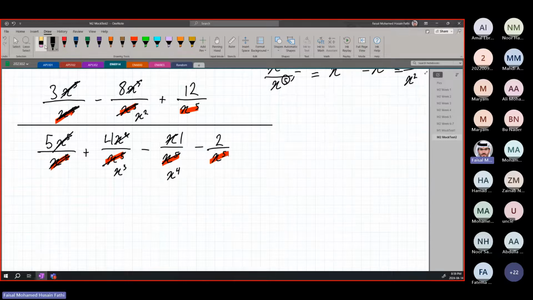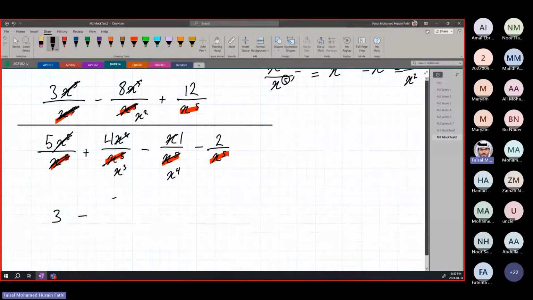Then, if I rewrite this now, 3 over nothing, this is just 3, minus 8 over x squared, plus 12 over x5, divided by